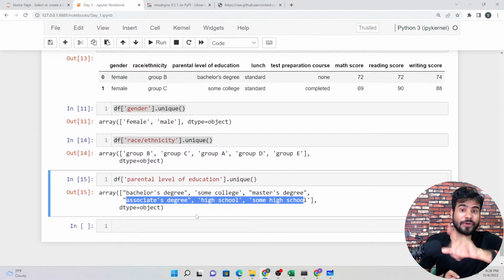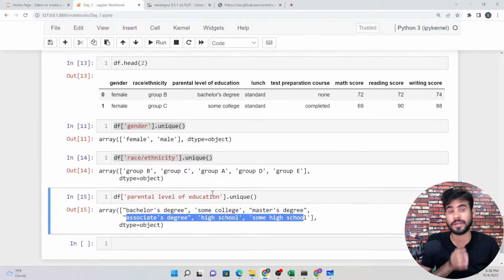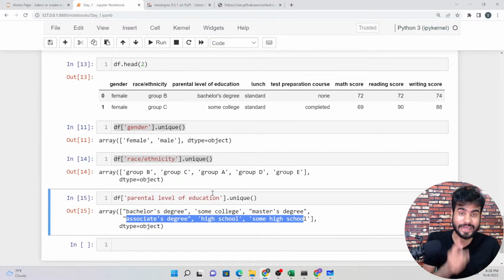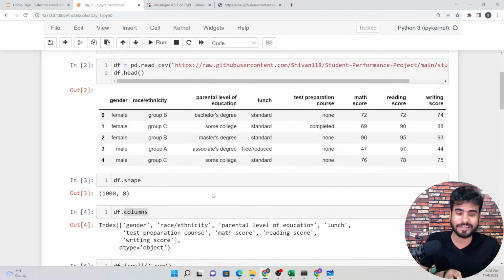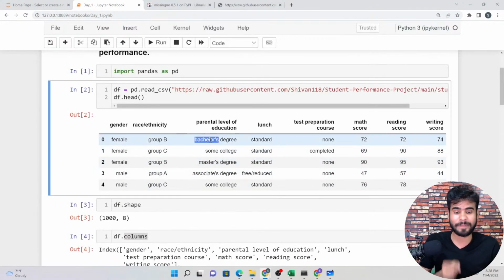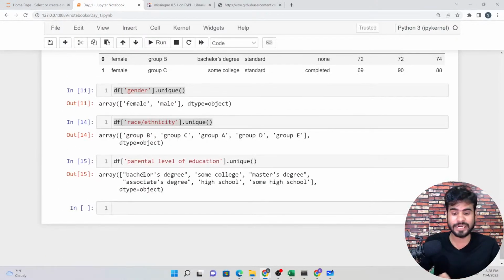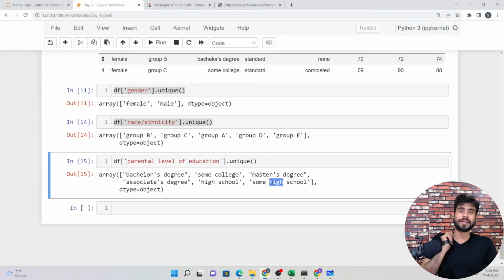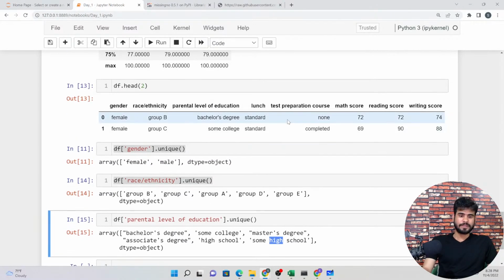Next time you should not make this type of mistake whenever you explain to someone. In the start I told you we have only 3 unique features, like bachelor's degree, some college and master's, but in the actual data set we have bachelor's, some college, master's, associate degree, high school and some high school as well.